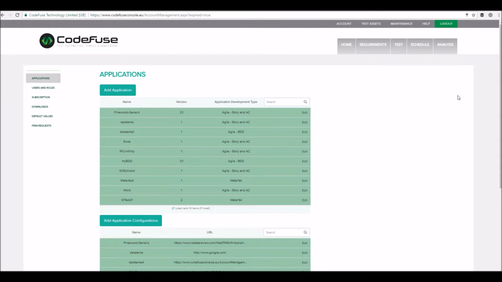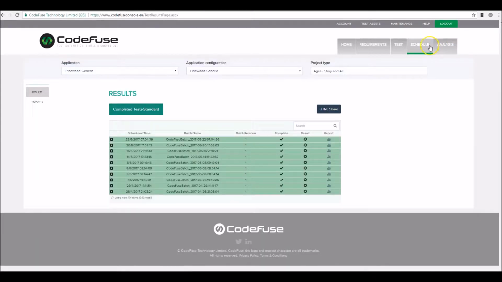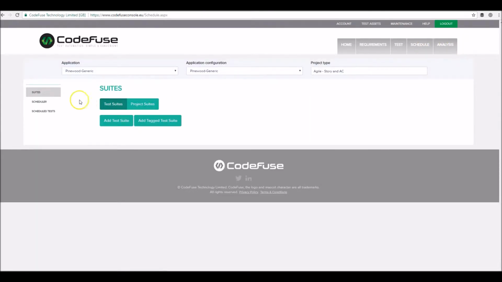In this video we're going to run through a few screens, including the scheduled test screen, the test results screen, the report screen, and we're going to go through a number of the ROI, or return on investment, features within CodeFuse. So if we start with the schedule screen,